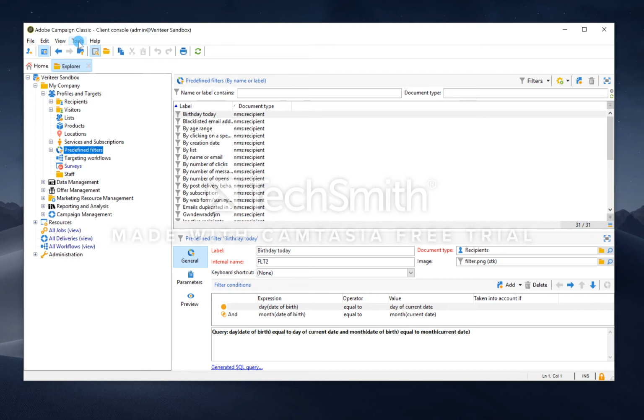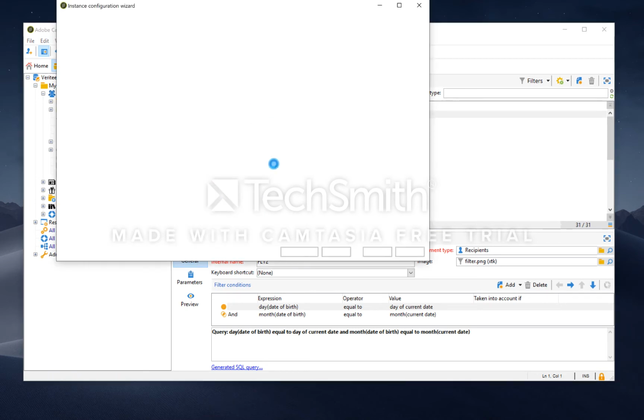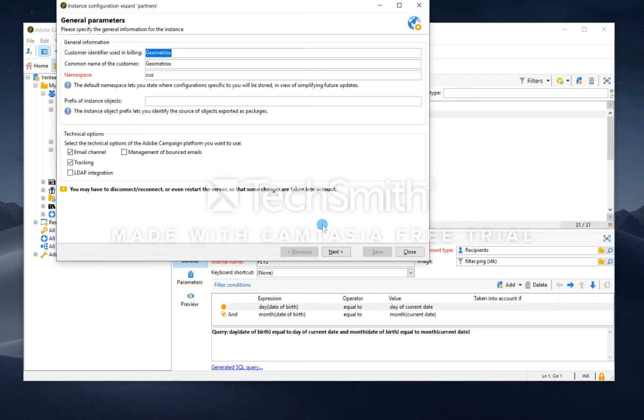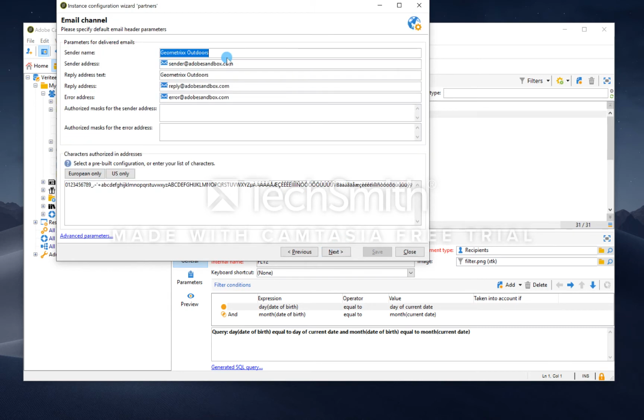The way to check that the tech ops work has been complete and that this is an authorized domain is to click on Tools, go to Advanced, go to Deployment Wizard. Within Deployment Wizard, you will see some things here, but we want to focus on for this topic by clicking Next, click Next again, and here you can see sender name is for the Sandbox Geometrics Outdoors, and the sender address is the important one. So this for us would be marketing@veritier.com,